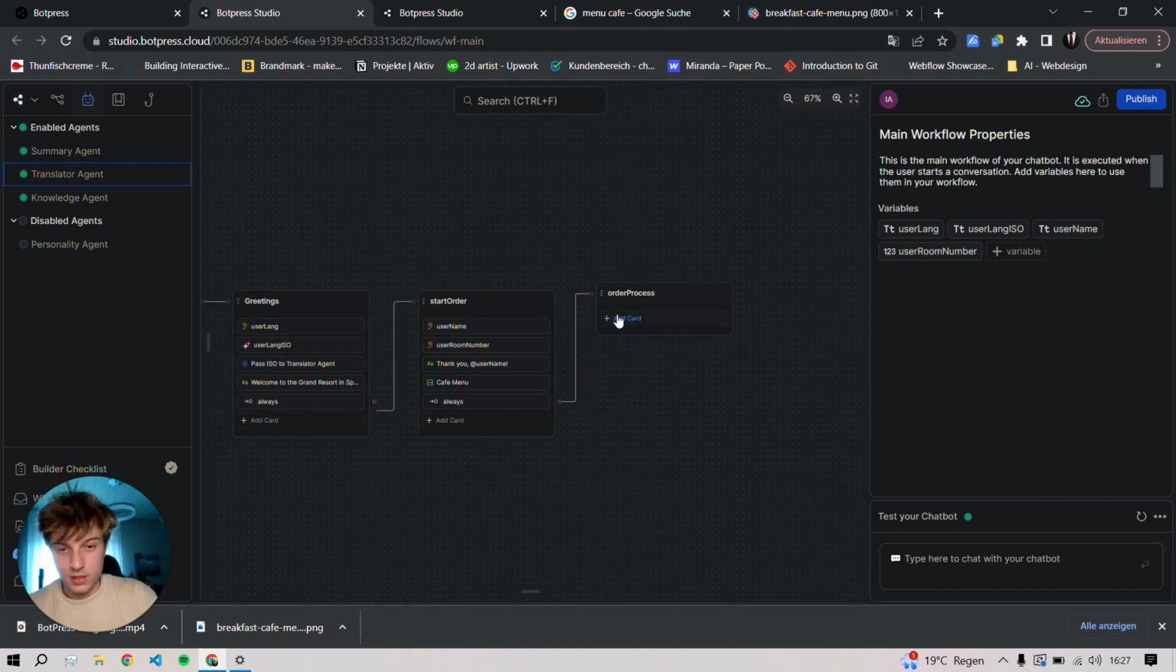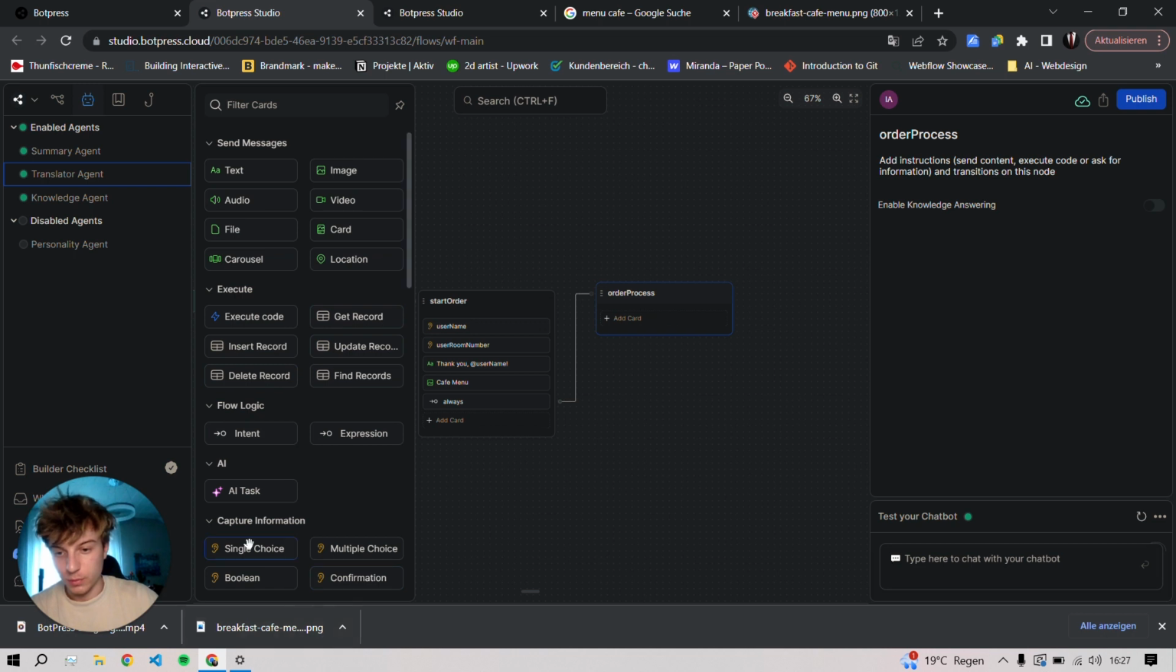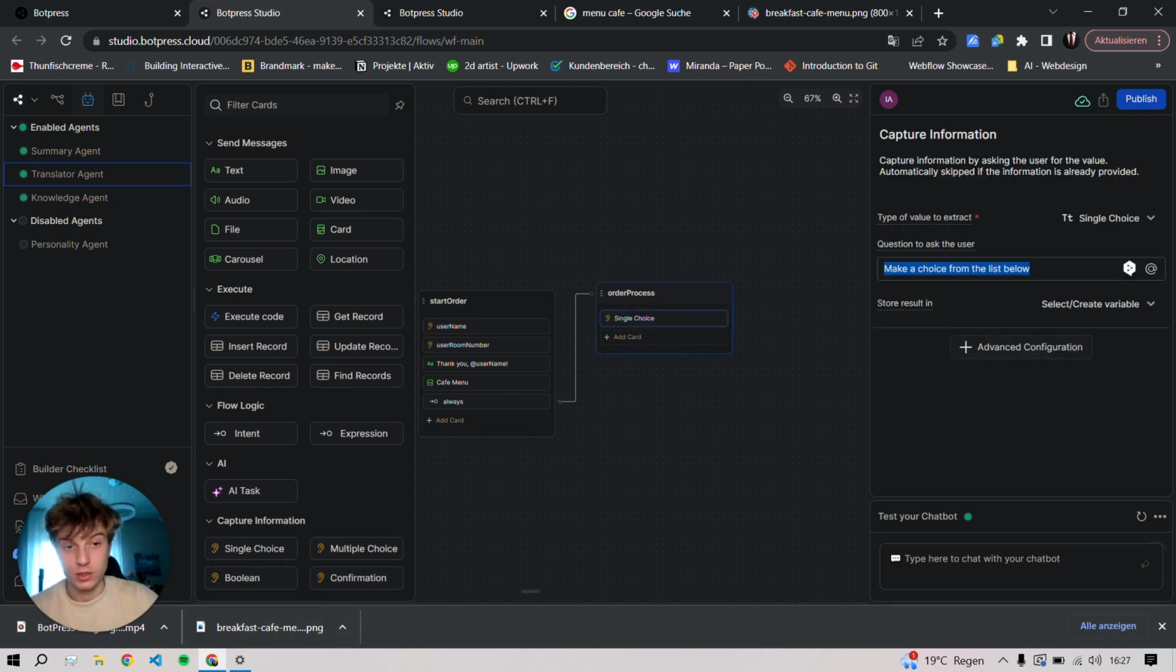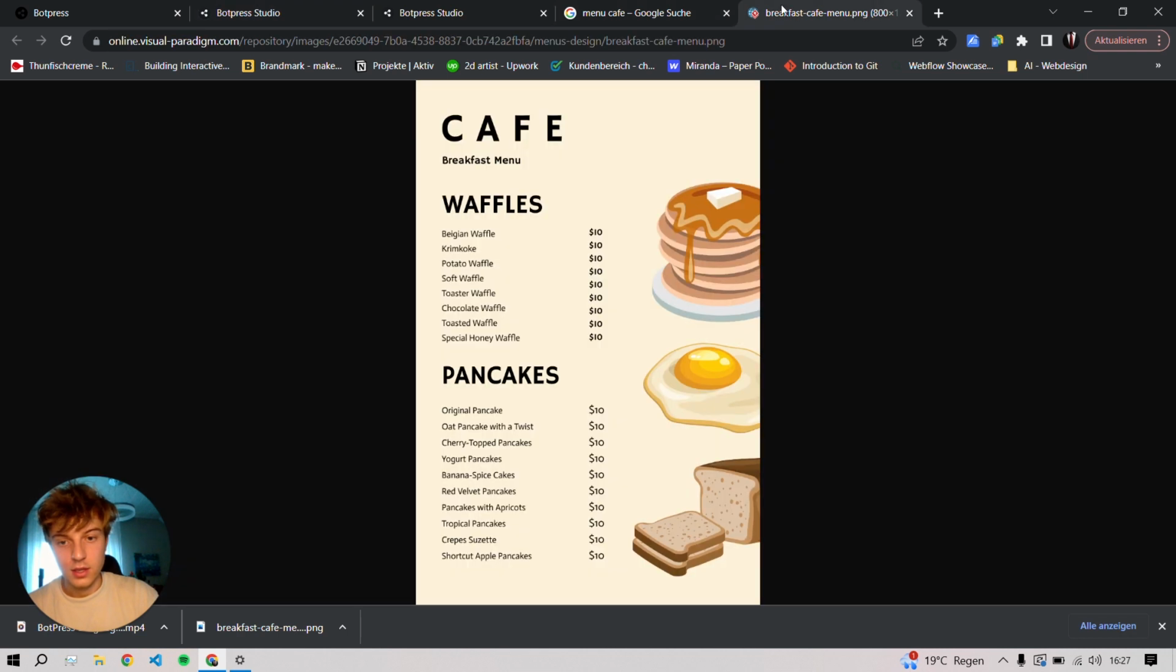The actual order process. So here we will make a single choice, and there the user can select what he wants to order. And now we are just entering all the waffles there are. We skip the pancakes for now, it's like the same logic, but we will just take these 8 waffle types for showcase purposes. So let's start with the